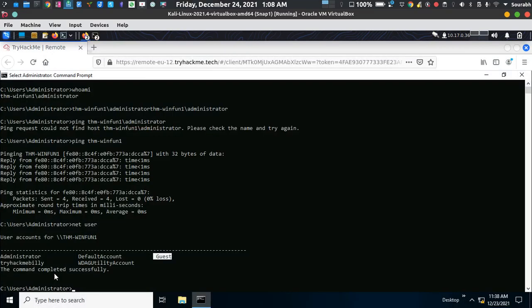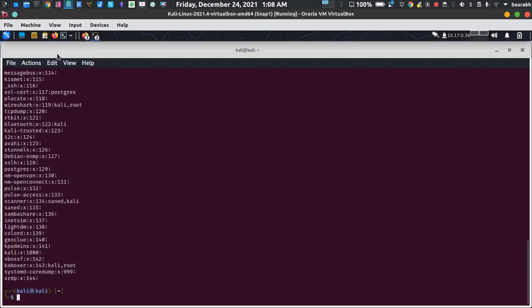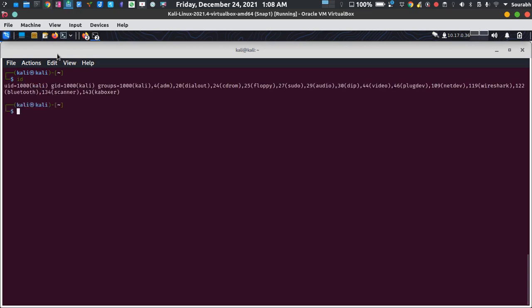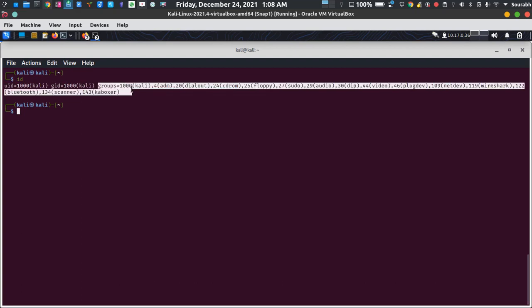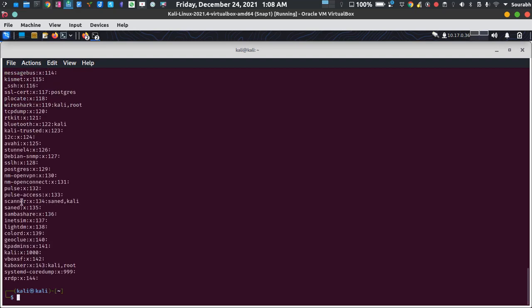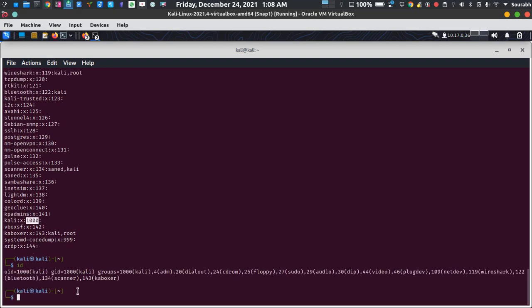Okay, now finding out the user ID and group ID. Finding out the ID itself, you just have to type id. What is the meaning of id? It shows which user ID I'm currently logged in as. UID is for user ID, GID for group ID, and the groups, which is 1000. I just showed you that the UID and the GID are both 1000. So they are the same because I am currently logged in as the Kali user.